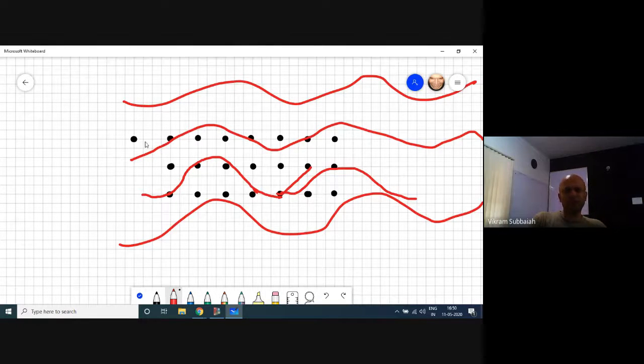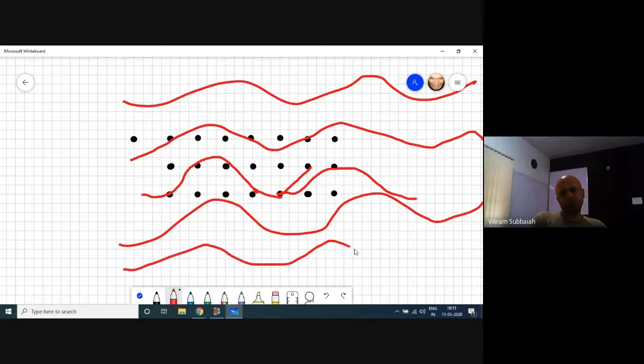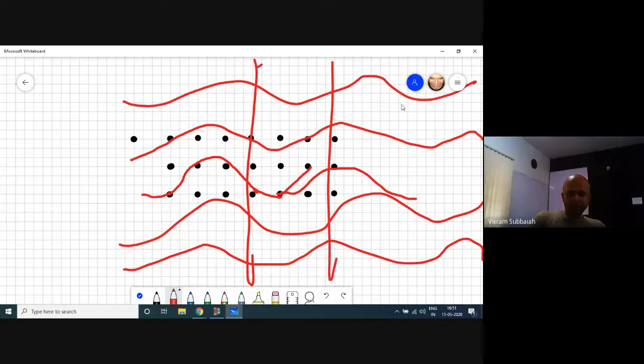Basically, all we need to do is create waves, and the waves are not going to be similar. There will be some kind of harmony because the crests and the troughs will probably come in more or less the same grid, but they will not be similar.